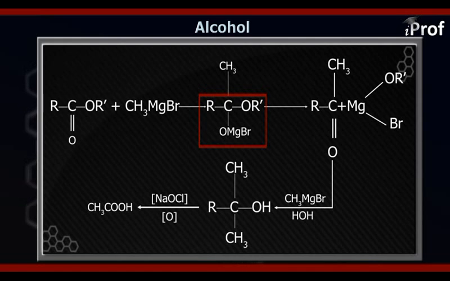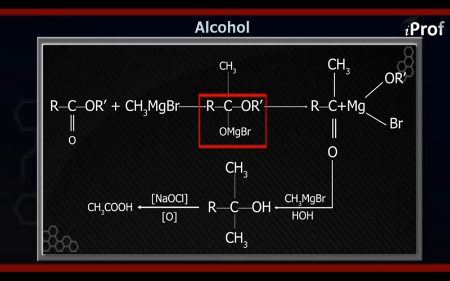So if a haloform reaction has to undergo in the alcohol, then in that case the alcohol should be a 2-degree, whereas the alcohol which we have obtained, that is R C CH3 OH, is basically a 3-degree alcohol. So therefore